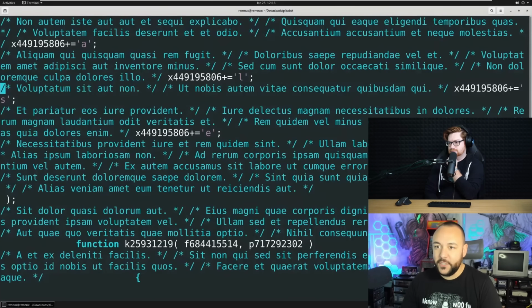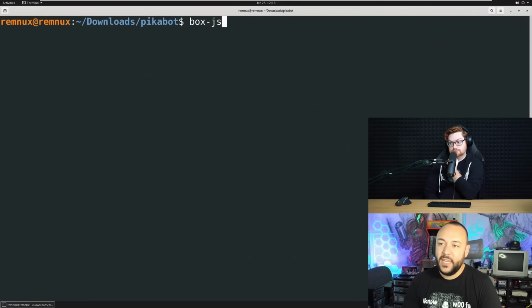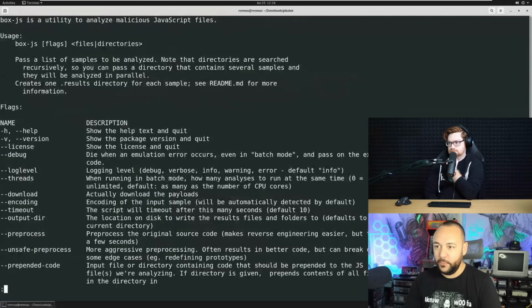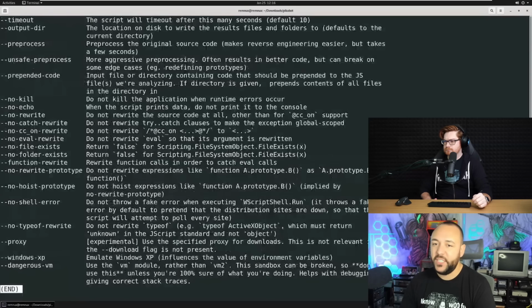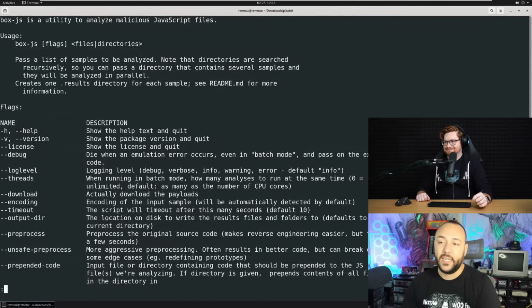So the first thing that I like to do when trying to analyze these guys is to use a tool called Box.js. And I really like Box.js. It's included with, and I'll pipe this to less so we can see the help. There you go. Zoom out a little bit. There we are. It's included with REMnux, and it can emulate, or actually just run, and then analyze while running JavaScript. And it has all these cool features. If I page down, you'll see all kinds of cool stuff. You can set the timeouts and whether or not to rewrite evaluations, which in JavaScript, eval means run this block of code, that kind of thing.